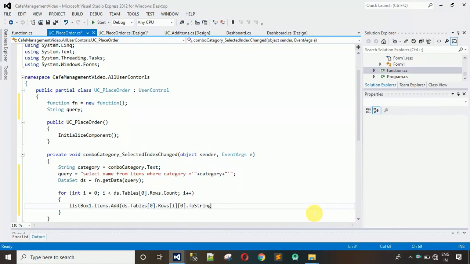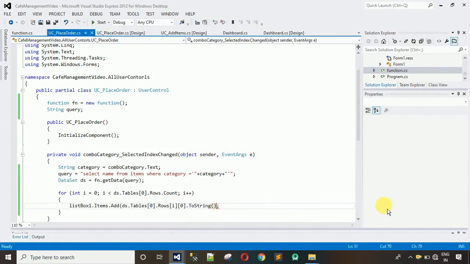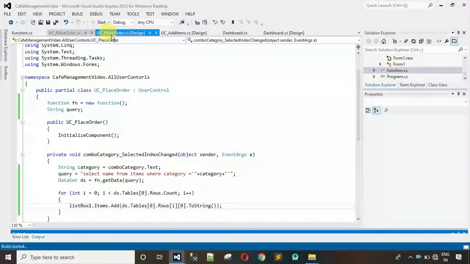Let's see if this works or not. Okay, let me start this. Okay, it's showing some sort of error. So ToString, yeah, actually we missed a bracket, right? Yeah, missed one bracket, close the bracket. So I'm going to start this,